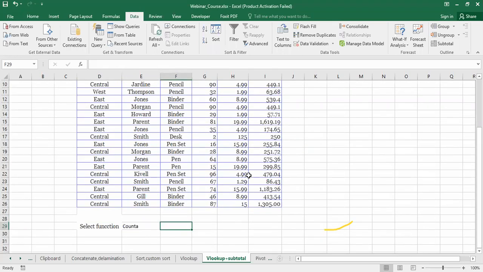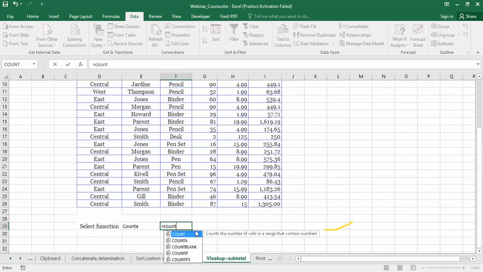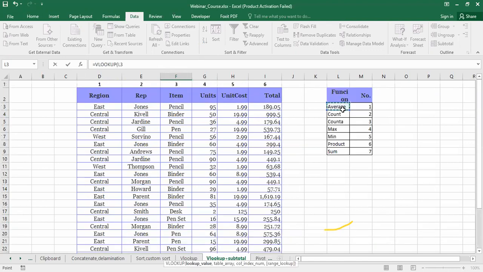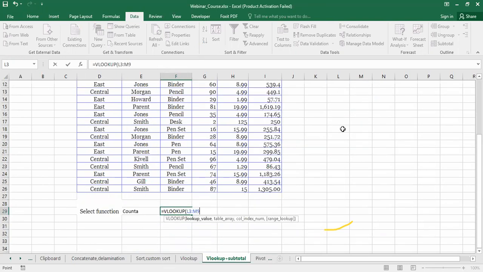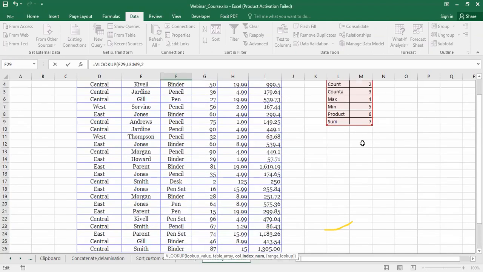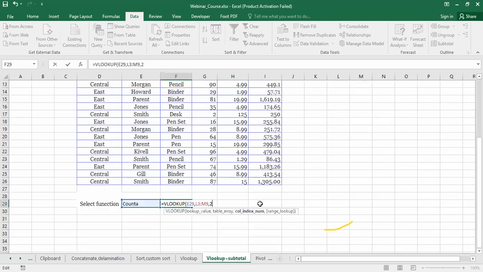I want to actually look for the function number first of all. Okay, VLOOKUP. Sorry, I want to see this particular, okay. The function number I wanted. Lookup for this value from that array, and which column number do I want? 2. Okay, 2 means what? This particular column. Okay, that is the reference number 1, 2, 3, 4, 5, 6, 7. Okay, then 0, exact match I want. Enter. Okay.